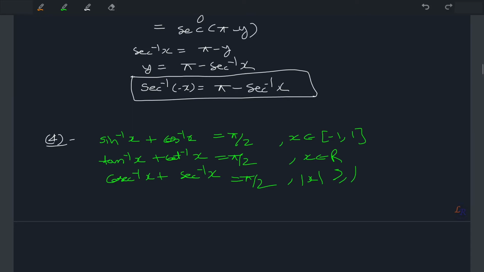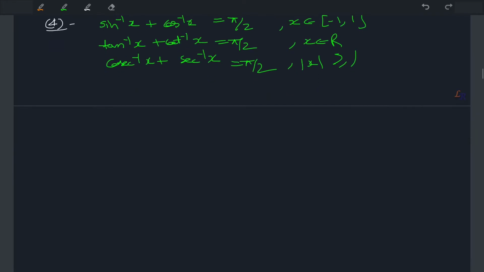So these are very good questions. Multiple choice questions can be made out of it very nicely, and it will test all your understanding and thinking power. For competitive exams and even for your board exams, these kinds of questions are very useful, and your understanding will be tested there. So that's a really good question. Here again I will take one to prove it. Let me prove the third one here.